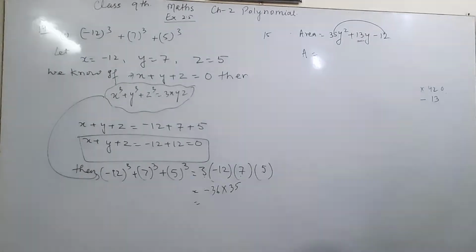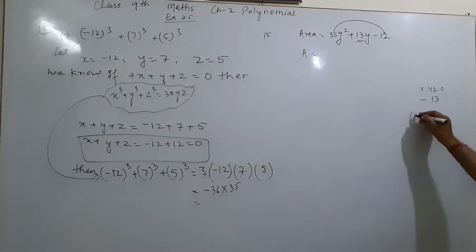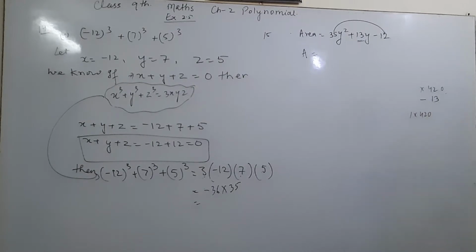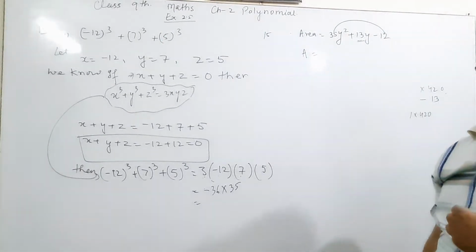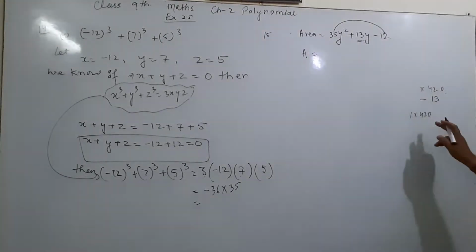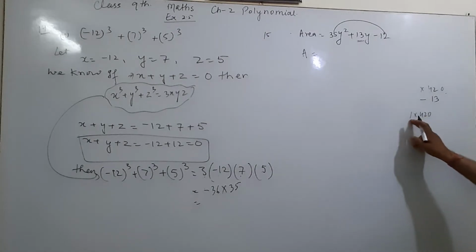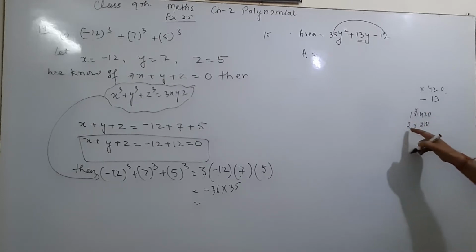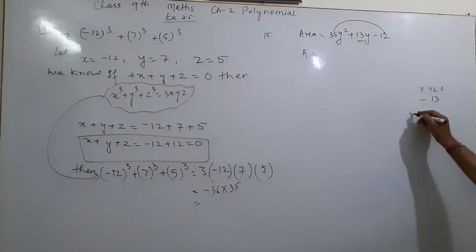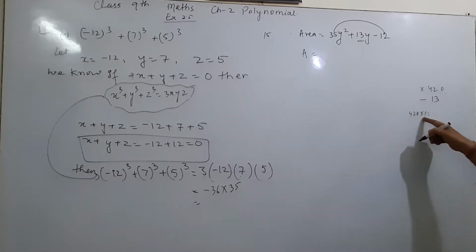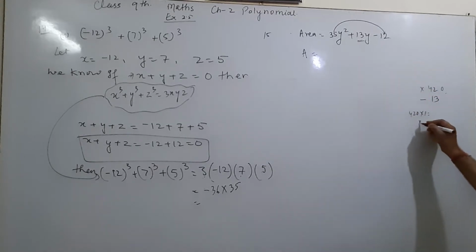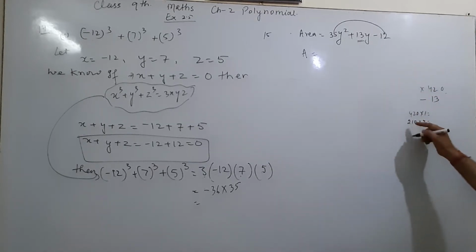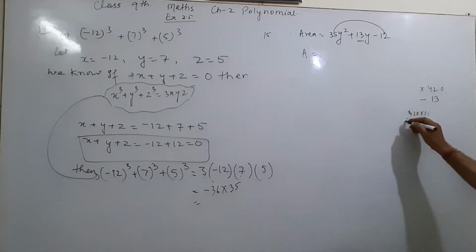Can you find the two factors? First, 1 multiply 420, which is very large, need not find it. If you can easily find it, that is good, otherwise you have to practice. 420 minus 1 is 419, wrong. 210 multiplied by 2 is 420, but the difference is not 13. This is not applicable.